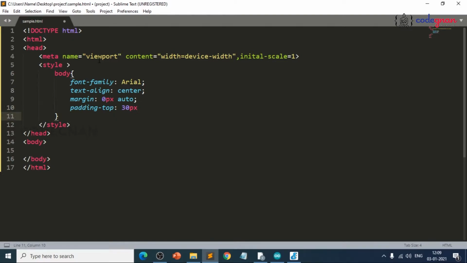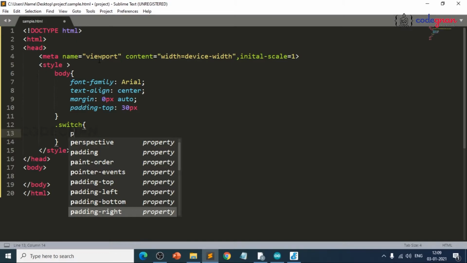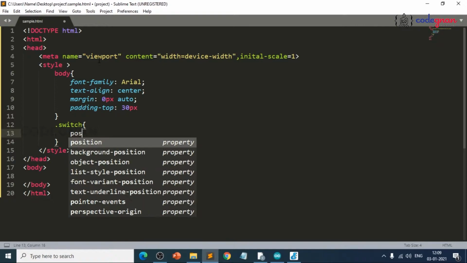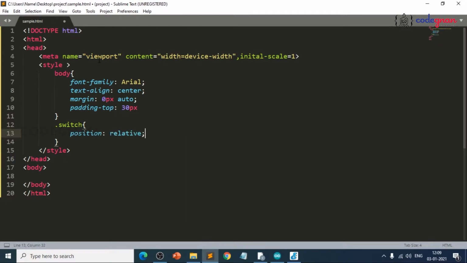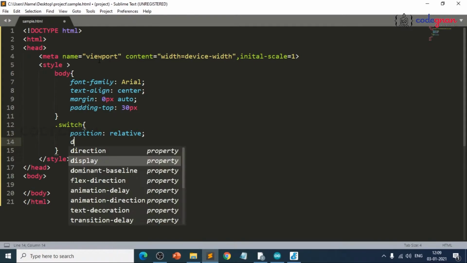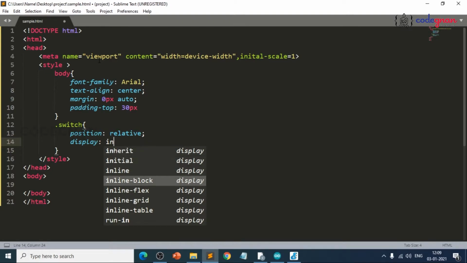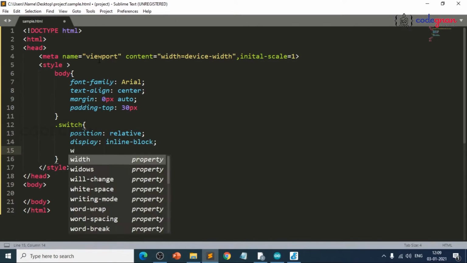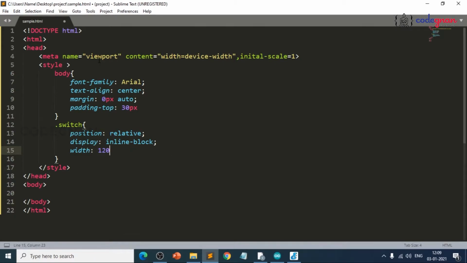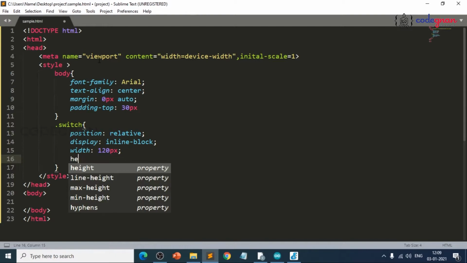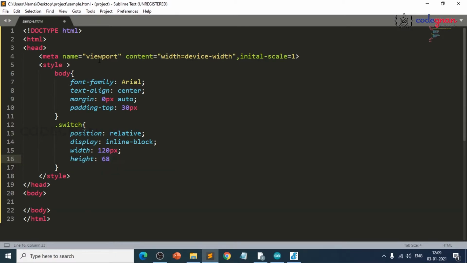Automatically it closes, right? So next thing we need to do is dot switch of position dot relative, and next thing display equals to inline block, and next thing width 120 px, and next height 68px.